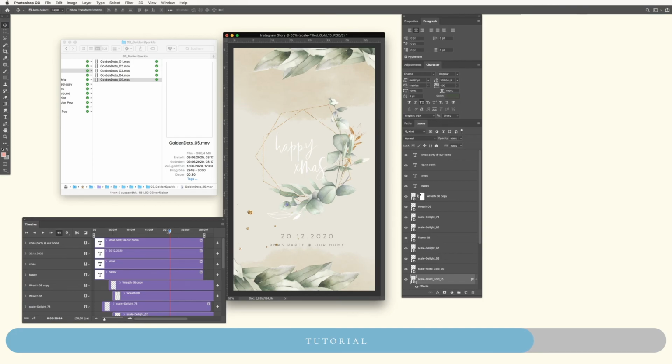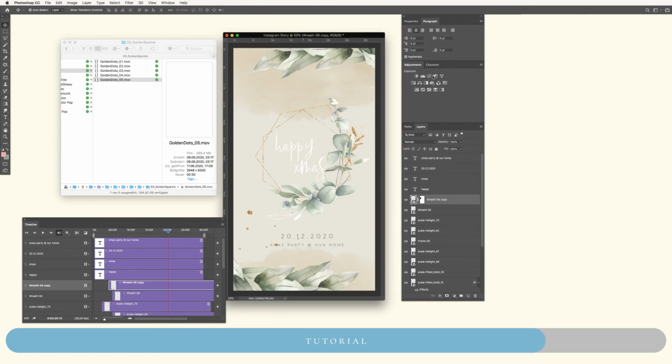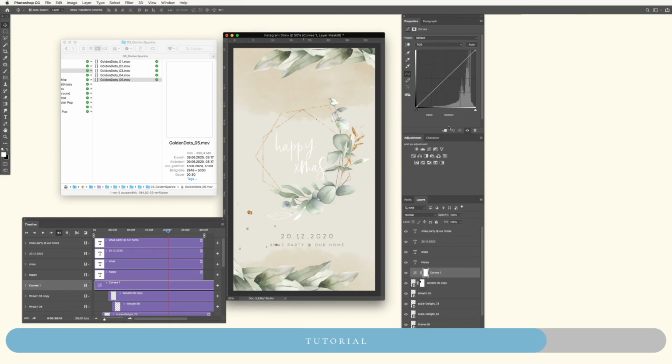So if this would be an Xmas or Christmas digital invitation, you could set this whole thing up to the colors you decorated your home or the party or whatever you like. So you can also change, of course, every element like you would do with a normal layer. So maybe we could change the lightness,